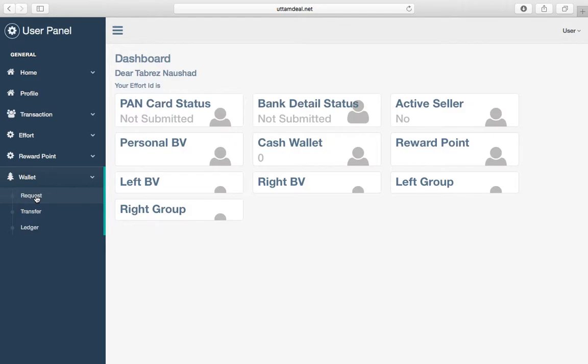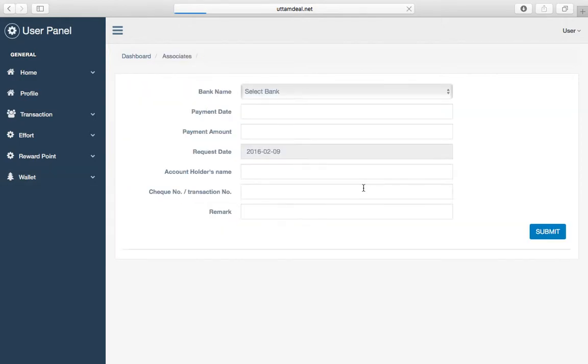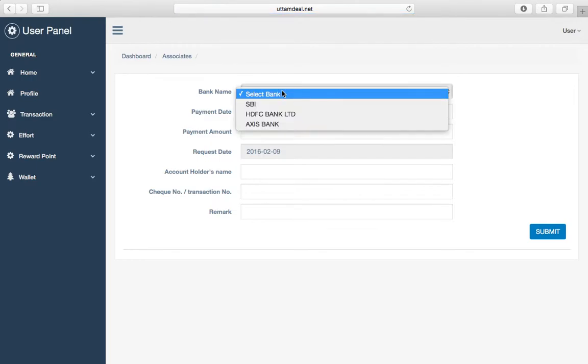So I'll go through the request section here. On the right hand side, you'll find the request payment button. I'll just press that. First up, I have to select a bank.